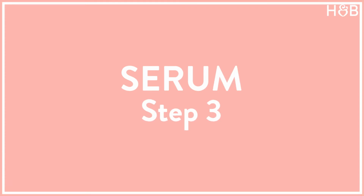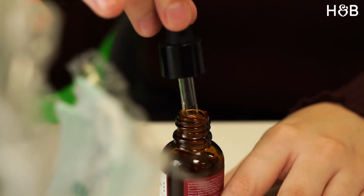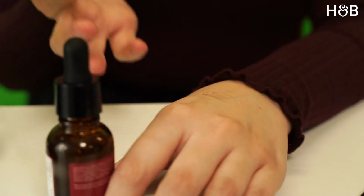So to really amp up your skincare regime, the next step is to apply a serum. This is going to deliver a really potent shot of active ingredients deeper into the skin. So to apply, just take a couple of drops from the pipette onto cleansed fingertips and then rub them together, and then I like to really push my serums into the skin. And also, so important, don't forget the neck as well,